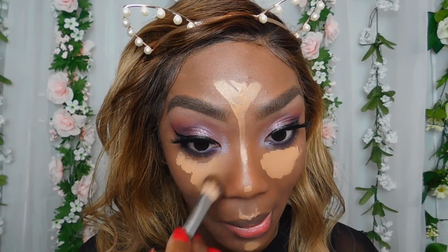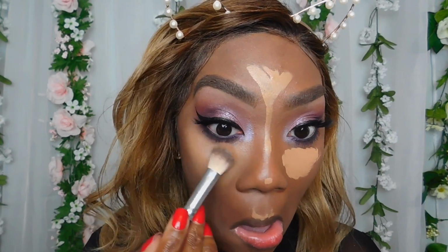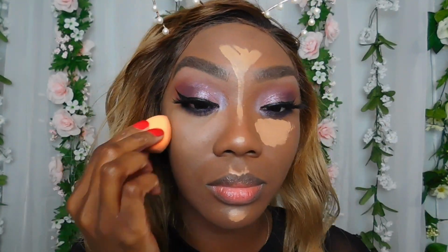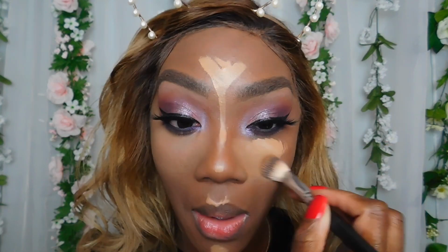I don't really remember this concealer being all that either. Again, I might have to try it out in another video, but honestly, I'm done with these colors that don't suit me. Like, seriously, I'm so done. The only drugstore company I'm really gonna give praises to as far as their color range is Maybelline, and I swear each year they get better and better with their color range. And this year they're knocking it out the park with their color ranges. It's amazing how